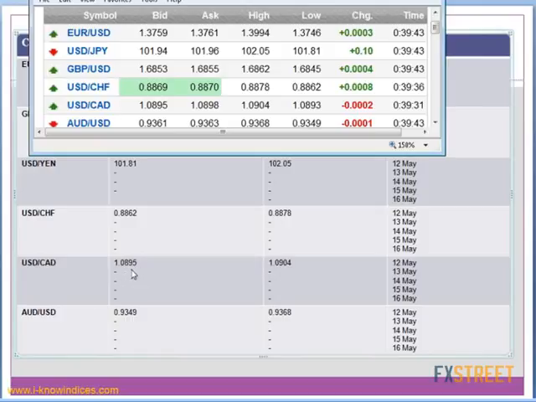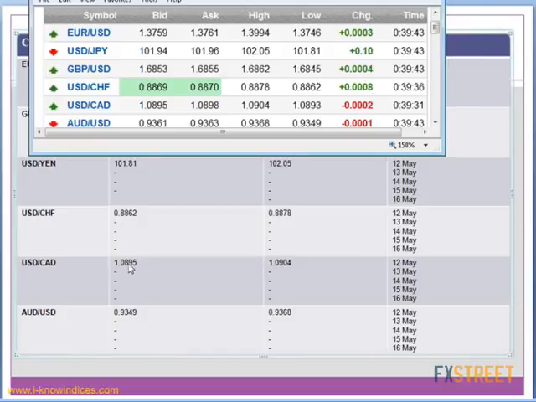Then Canadian dollar, 1.0893 was the low. They just cut the low by 2 pips. And the high is intact. So they are making a brief downward stop and making a contrarian move of negative net change in the case of USD CAD and also Australian dollar. Positive net change in the case of all the 4 majors. So it's a contrarian move. They are doing it in order to handle the commodity pairs.